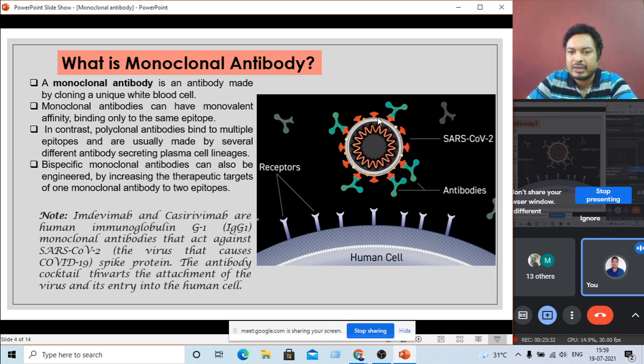That's why this virus cannot get inside a human cell. Okay, so this is one type of mechanism, and it comes from a recent study, which used a cocktail of monoclonal antibodies for the prevention of the particular virus. Okay, so in this condition,